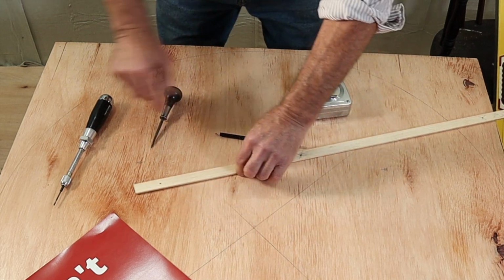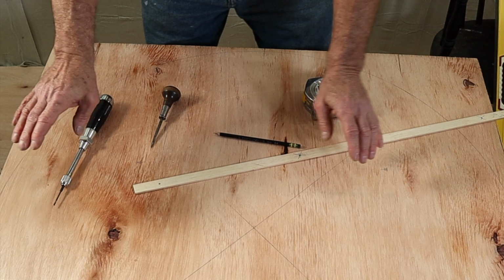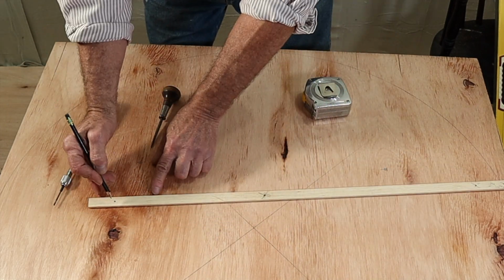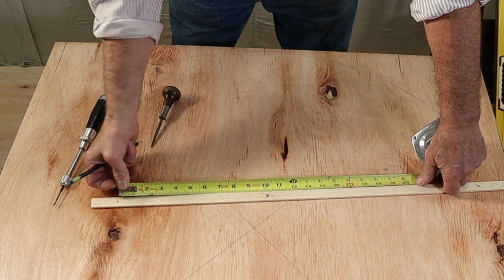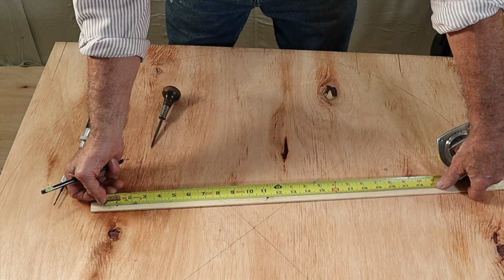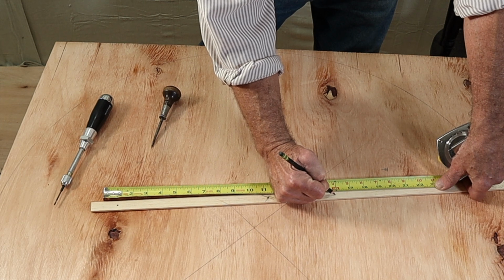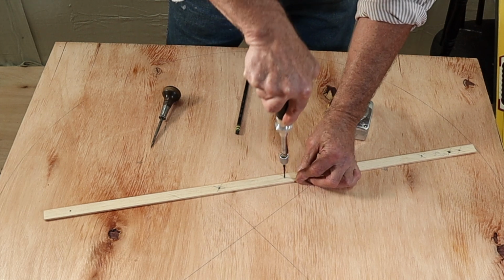And the 29 3/4 inch size of the circle that I need would require a radius that is half of 29 3/4, and that's 14 7/8. So what I'm going to do is mark a hole now, 14 7/8 from that first hole. Measuring from the end of a tape is always kind of iffy, so we don't do that. We cut an inch, we call it. We start at 1 inch, and instead of going 14 7/8, we go 15 7/8, and that would be right there. So I will make another hole right there,